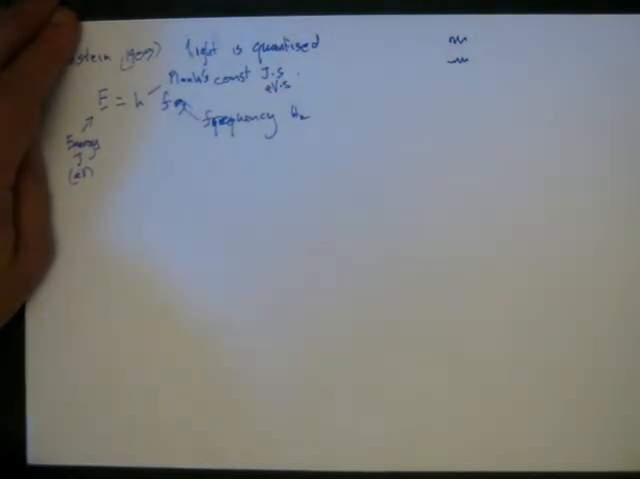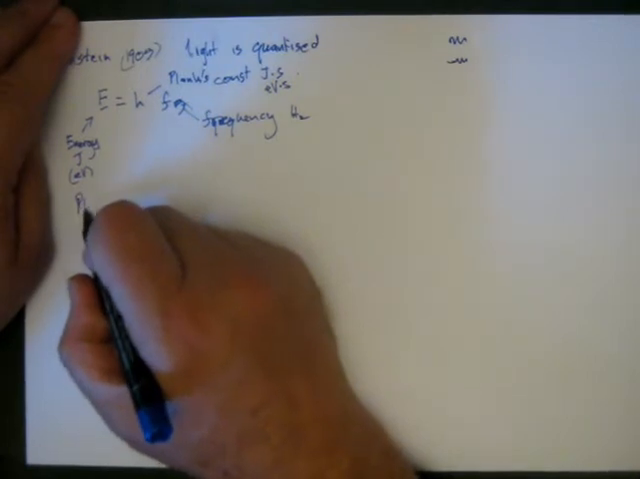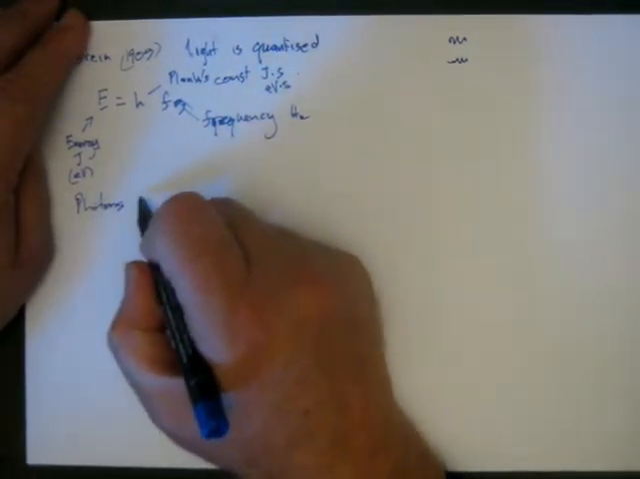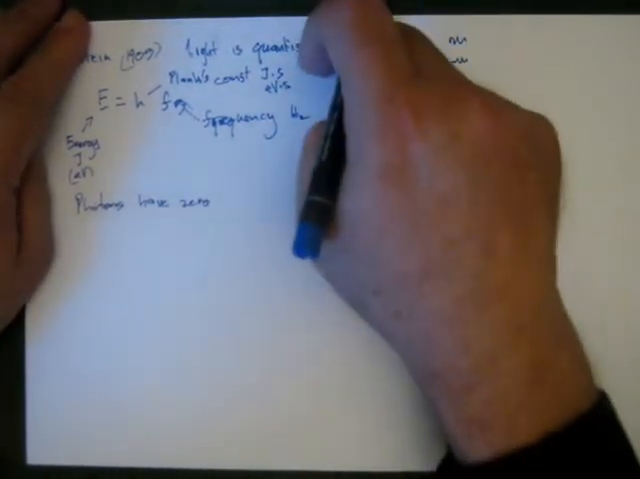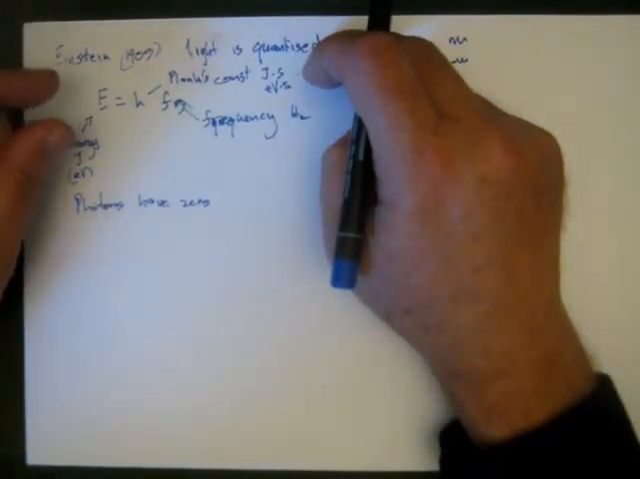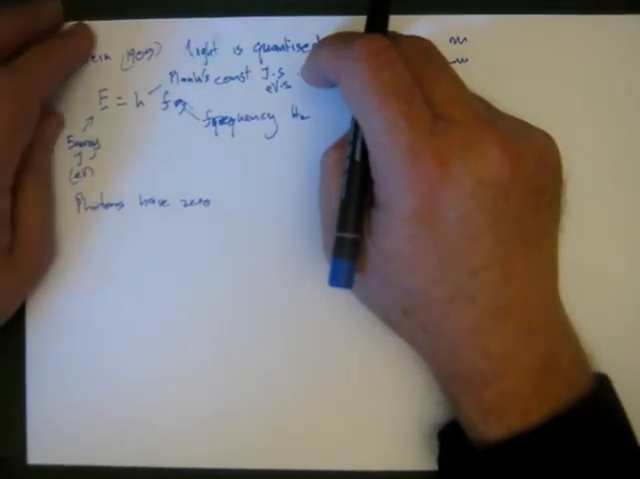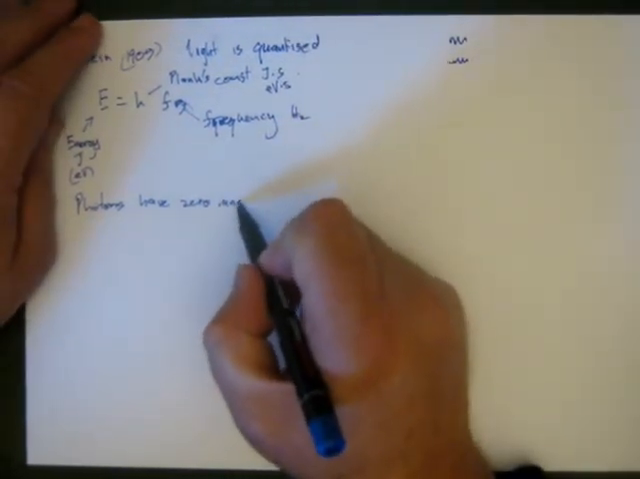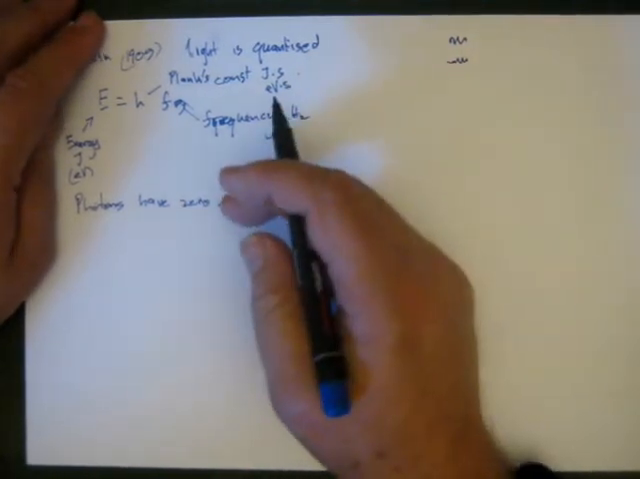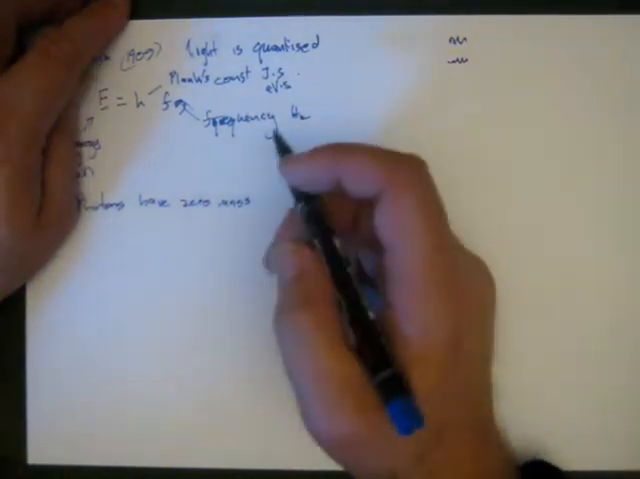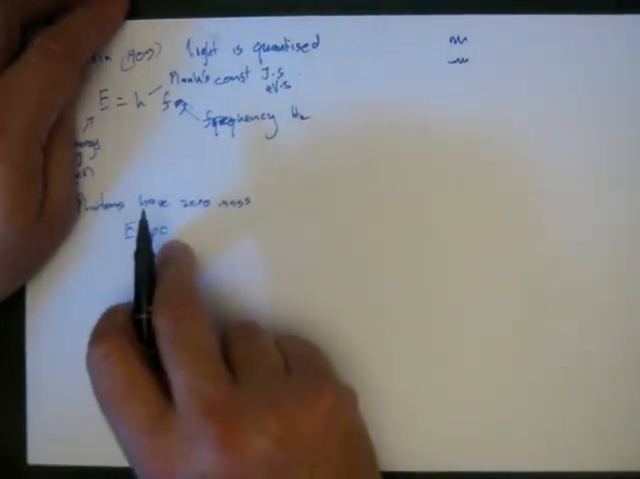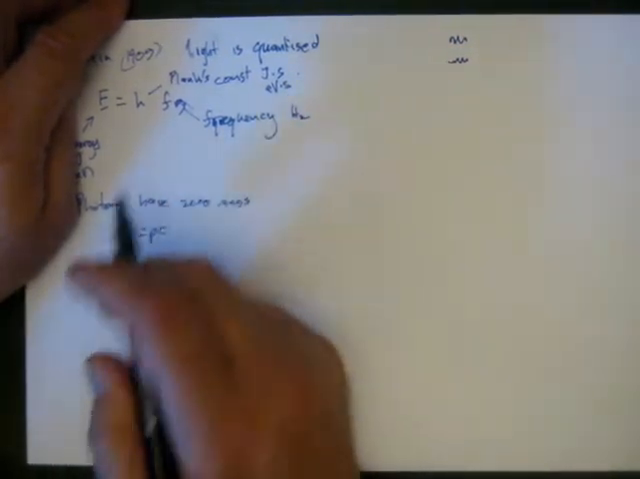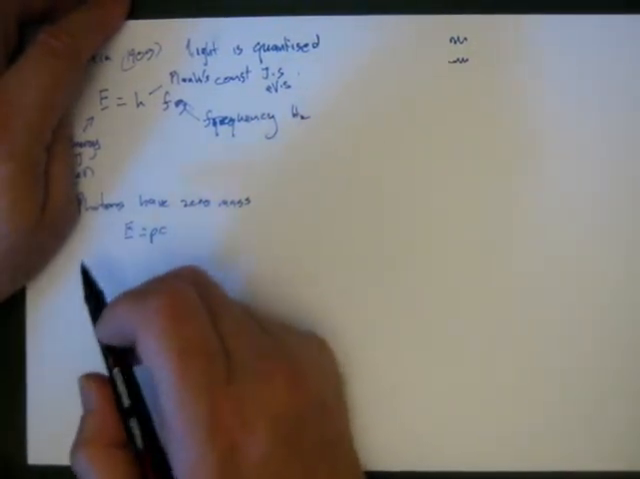He also hypothesized that photons have zero mass. When we quantize light, we call the little packets photons. So photons have zero rest mass, though they have relativistic momentum. Remember before we were saying E is equal to PC for a massless particle? So if we combine these together, we can say for photons,